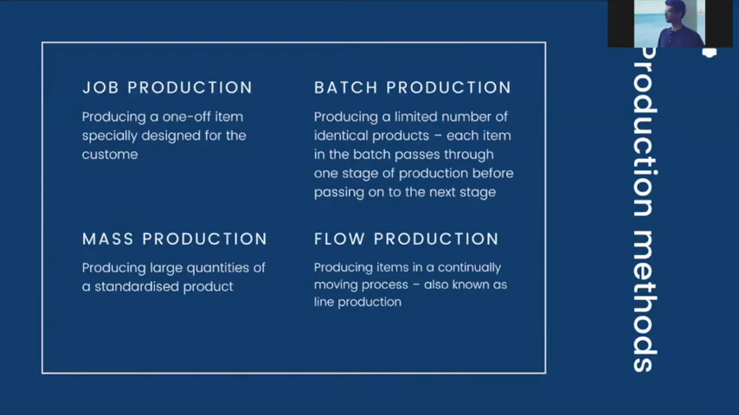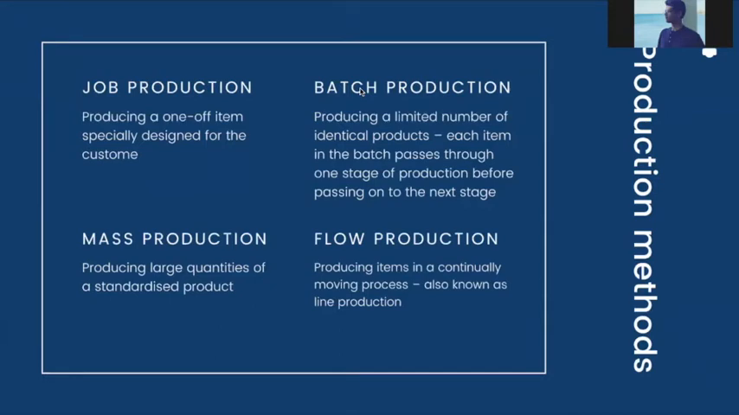There are mainly 4 types of production methods, which include job production, batch production, mass production, and flow production. Job production is basically a one-off item specially designed for customers. It is a very specific type of production which entails a particular customer's needs, whereas mass production produces a very large quantity of standardized products. Like, for example, Pepsi, they produce tons of bottles each day, which is very